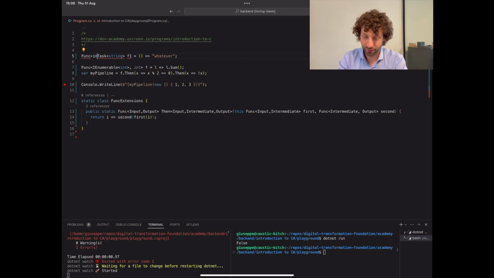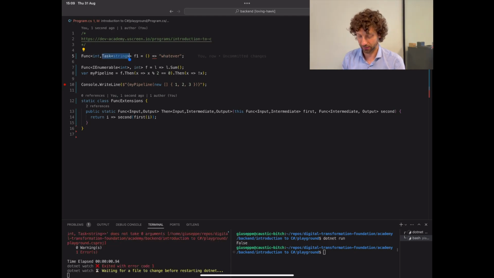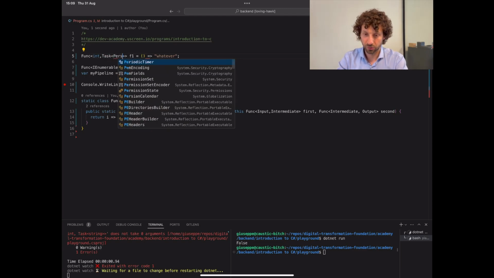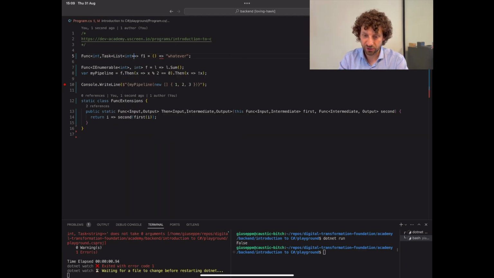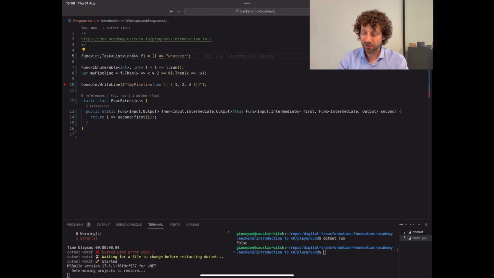So we could have a function that takes as input an integer and returns a task of string. And the task of string is an asynchronous object, meaning that it will take its sweet time, potentially. It could be very quick, could also be very slow, to compute the string in question. String, person, list of int, whatever. The task is a generic